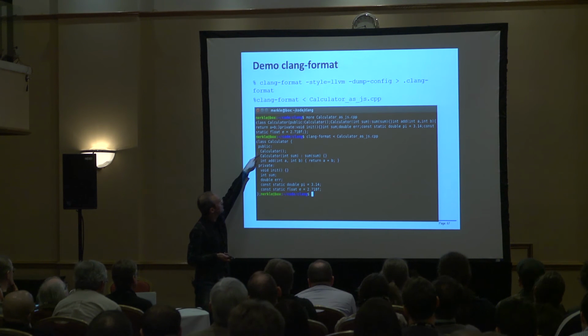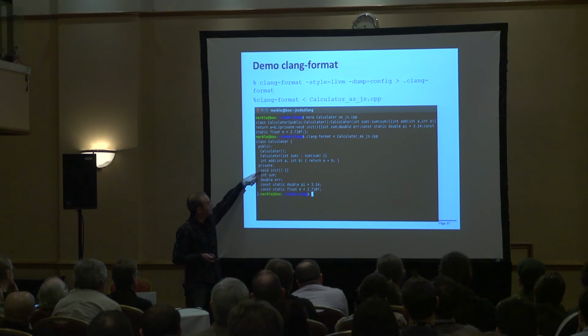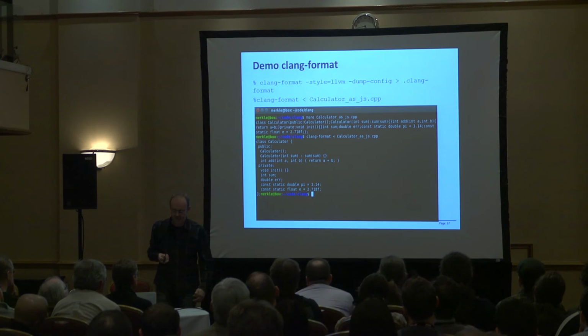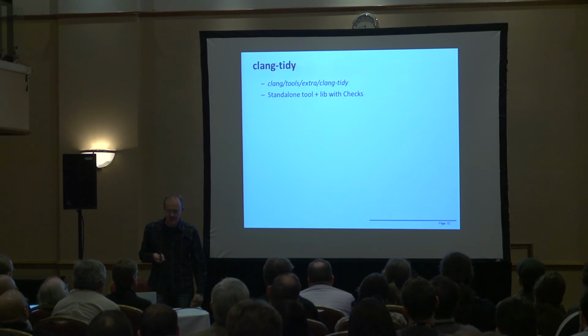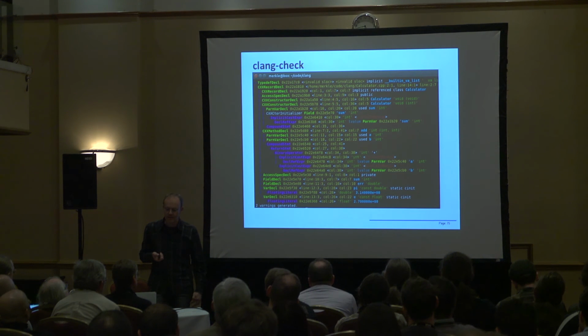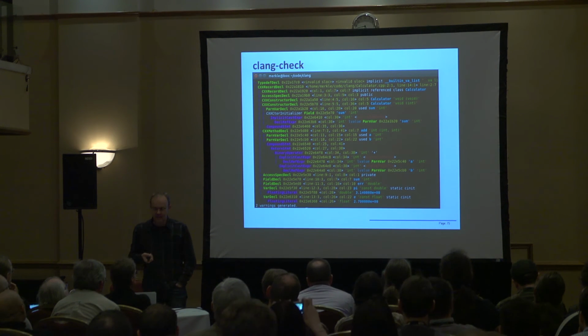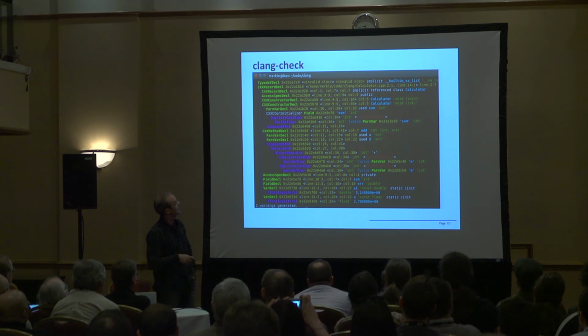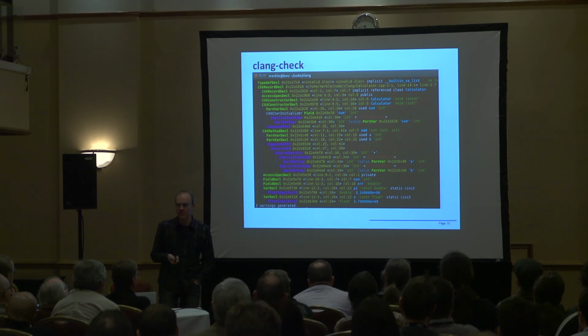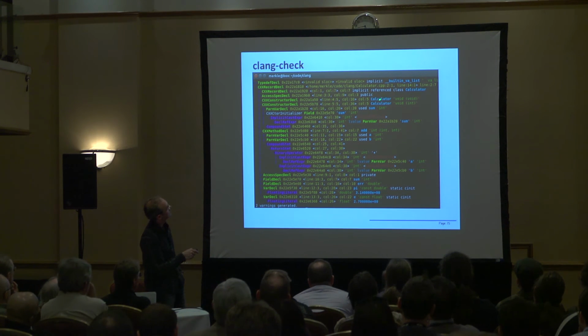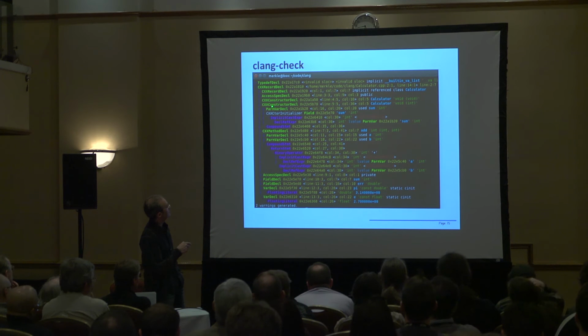It had two constructors, a public method, a private method, and some members here. And Clang check outputs the AST in a quite readable way. So you see here we have a constructor here. We have a C++ constructor decl here with a void signature, and a constructor decl here with an int parameter,